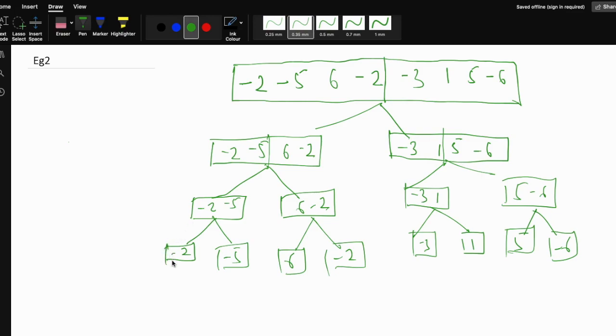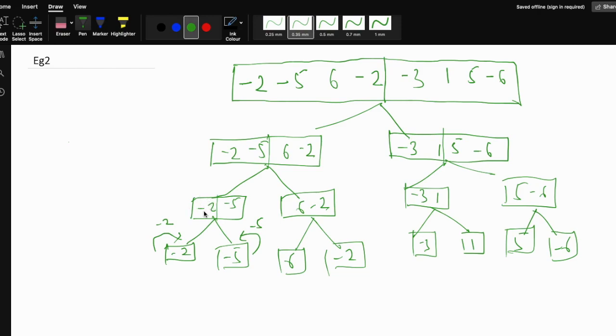Now we will simply return the value with the help of all the previous 3 points. The very first point is done. We have divided this array. Now here it will return -2, and this will return -5. Now for this one, this is my crossing value.